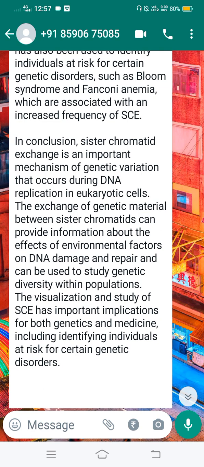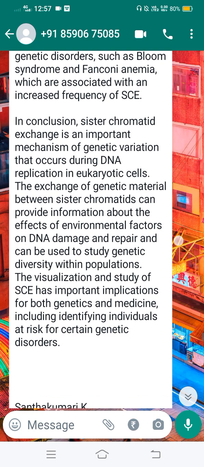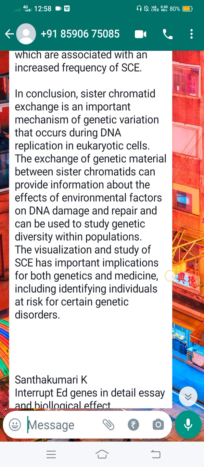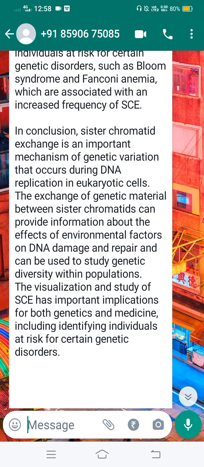In conclusion, sister chromatid exchange is an important mechanism of genetic variation that occurs during DNA replication in eukaryotic cells. The exchange of genetic material between sister chromatids can provide information about the effects of environmental factors on DNA damage and repair and can be used to study genetic diversity within populations. The visualization and study of SCE has important implications for both genetics and medicine, including identifying individuals at risk